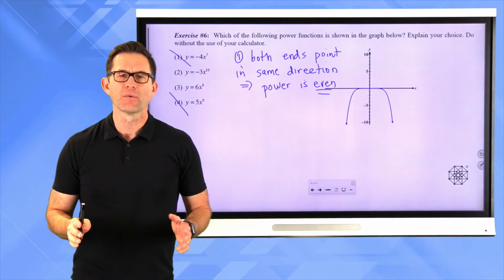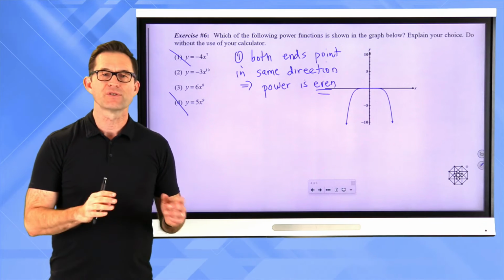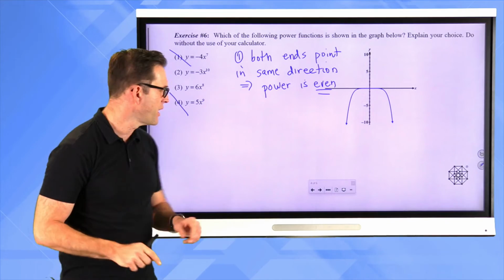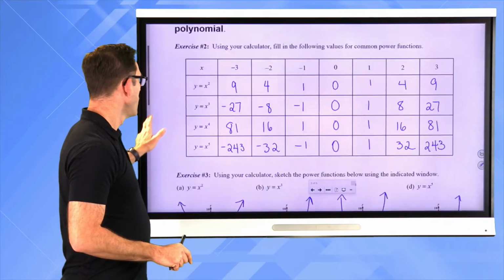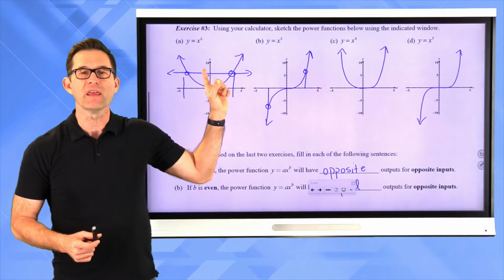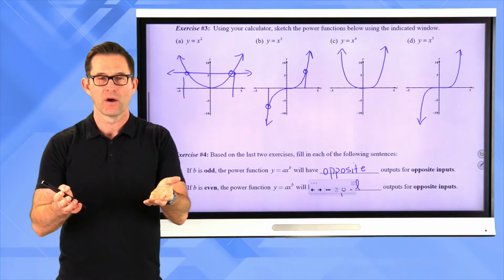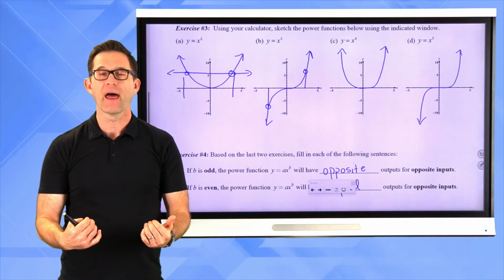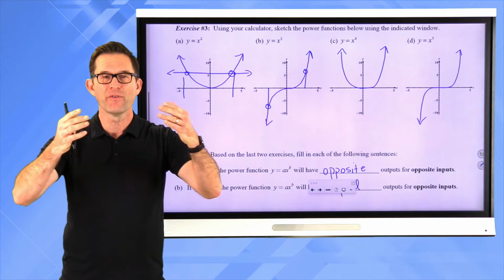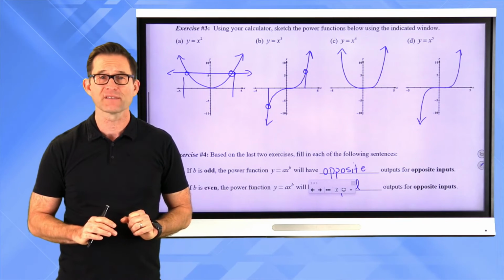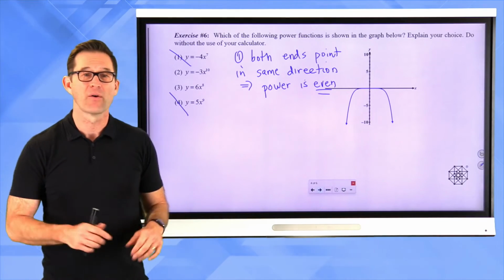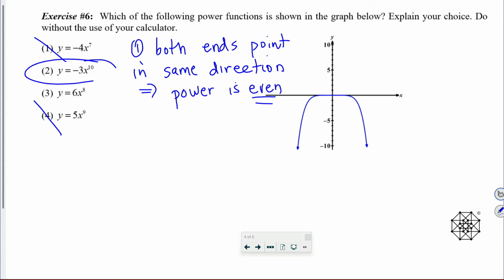Now, choice 2 is y equals negative 3x to the 10th. And choice 3 is y equals positive 6x to the 8th, okay? And notice, in our previous slide, when the coefficient on all of the power terms was a positive 1, the ends of the even functions pointed upwards. The only way to flip them and have them point downwards is if their coefficient is negative. A negative coefficient is going to flip a graph over the x-axis and have it point down if it is an even-powered function. So the choice has to be choice 2,